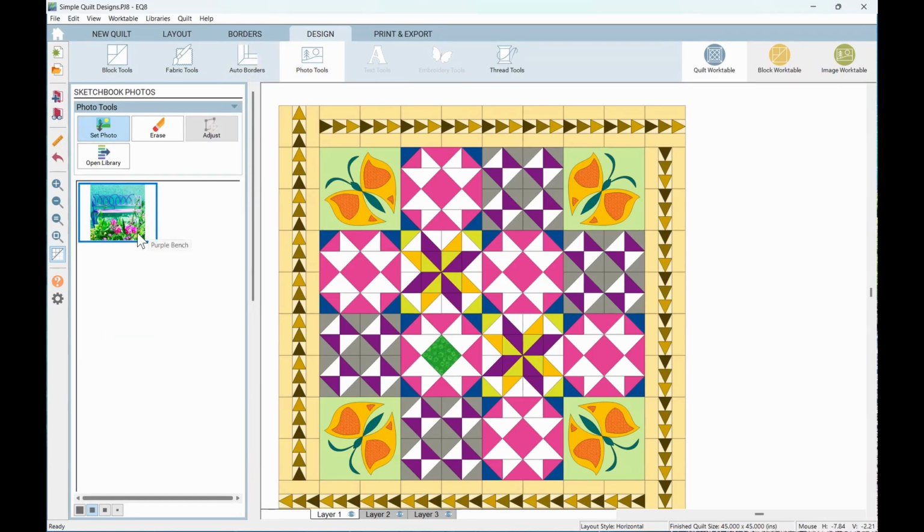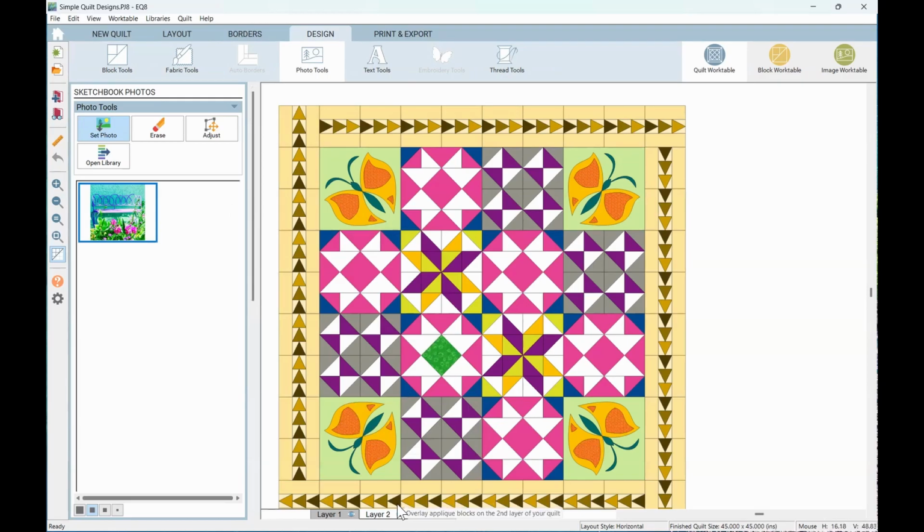So I brought in a bench picture from the library, and I need to tell you though that down here we have 3 different layers. Layer 1 is for blocks. Motifs can go on any layer, 1, 2, or 3. But normally I try and always put my motifs on layer 2